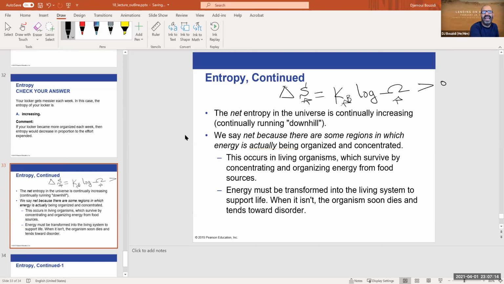This is always greater than, in the best scenario possible, equal to 0. But that's actually an idealized situation, just like what happened with the Carnot cycle. Okay. That's why you cannot really beat a Carnot cycle, because the Carnot cycle is where the entropy doesn't change. And that is basically an ideal engine. That's why any engine has to obey this law. And that's why you can never beat him, because the entropy in any closed system, in any system, because when you take it in the context of the universe, will always have this change in the entropy more than 0.